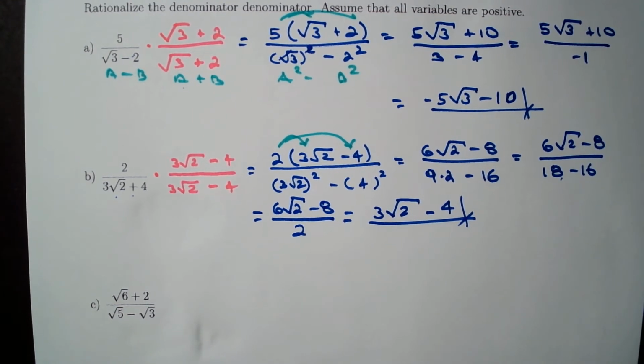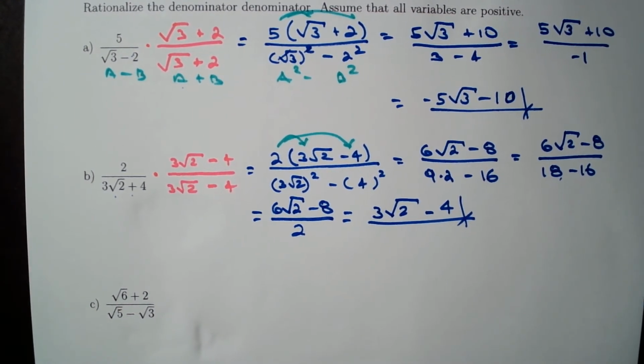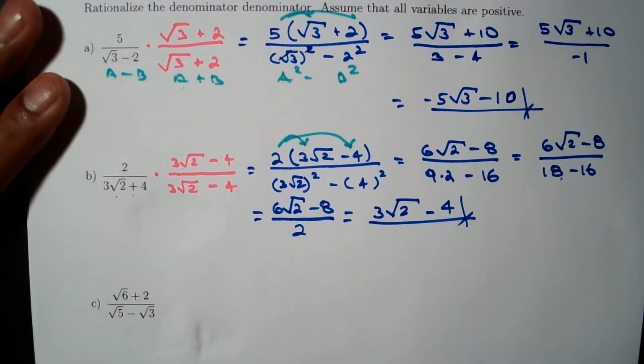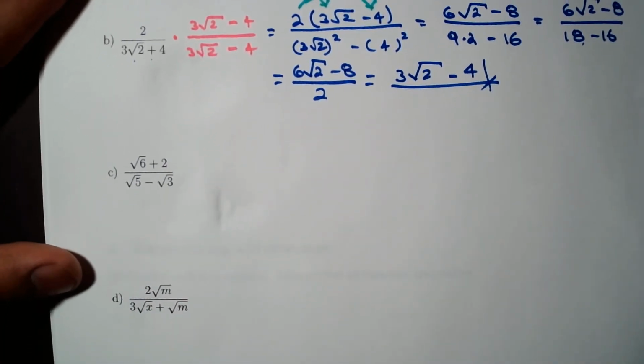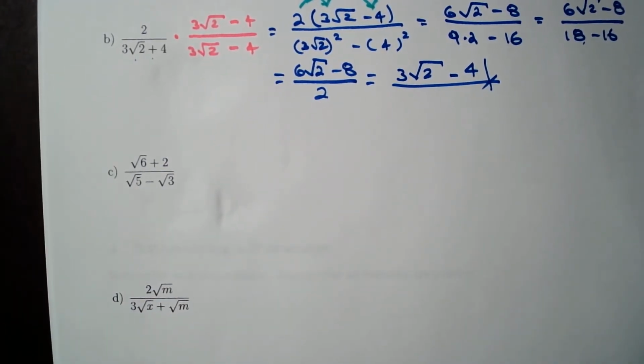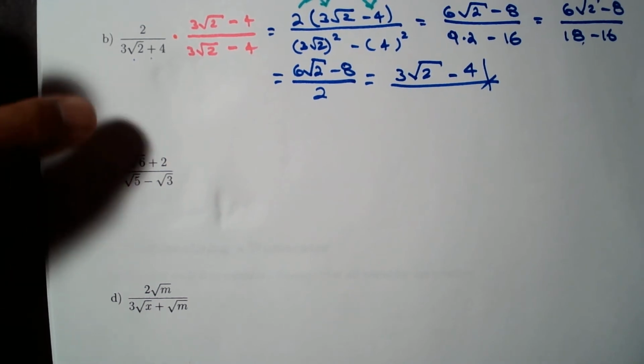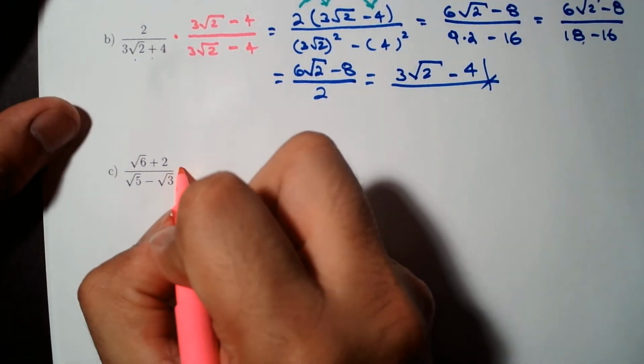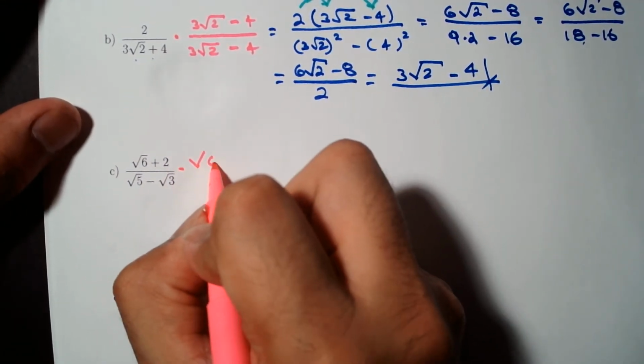Let's see if it's the same case for letters C and D. We'll see. These are going to start looking a little bit funkier, a little bit more funky. So in this case, let's multiply by the conjugate of the